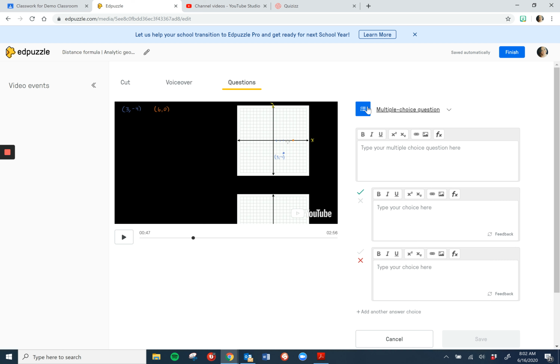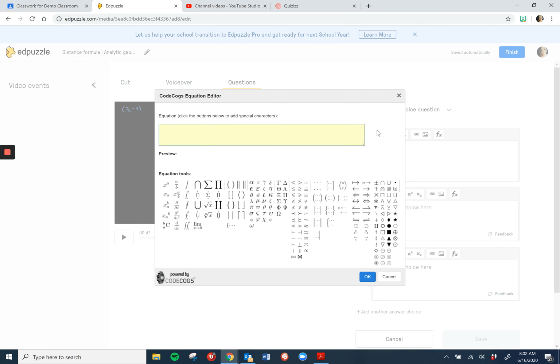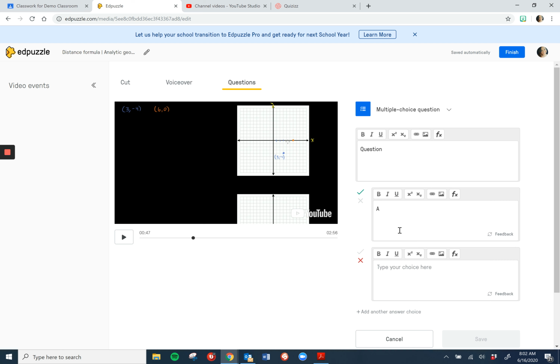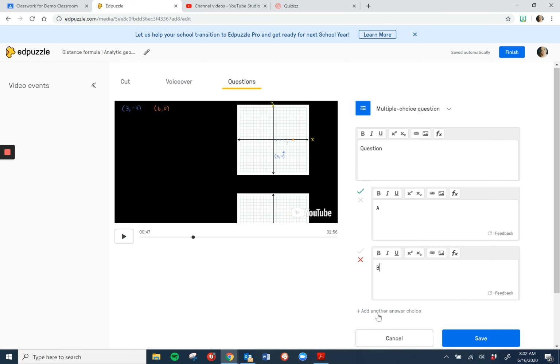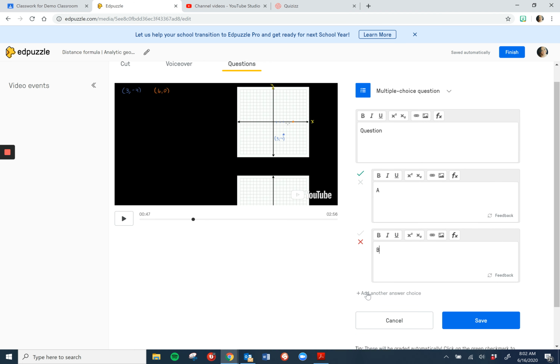We'll put multiple choice question. You would just type in the question, whatever you wanted to ask them, type in the answer choices. Edpuzzle also has a pretty easy to use equation editor with the different symbols, and then you could just select which one was correct. If you wanted to add additional answer choices, you would just push this plus down here, add an answer choice, and then if you wanted, you can select which one is the correct answer. It doesn't necessarily matter. So you would just push save,